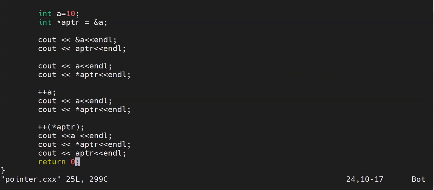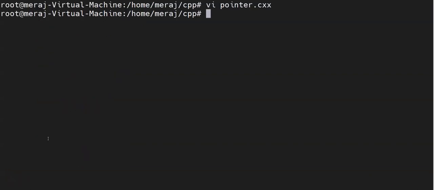In this case, it was printing some junk value and it was undefined behavior. Your program could even crash. Your program doesn't work as expected. That's how careful you have to be when working with pointers.